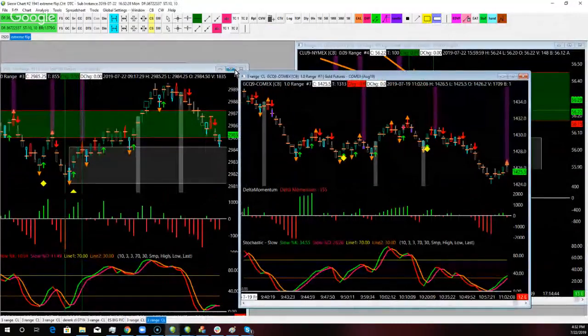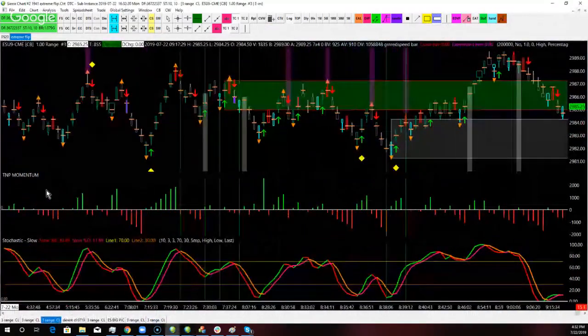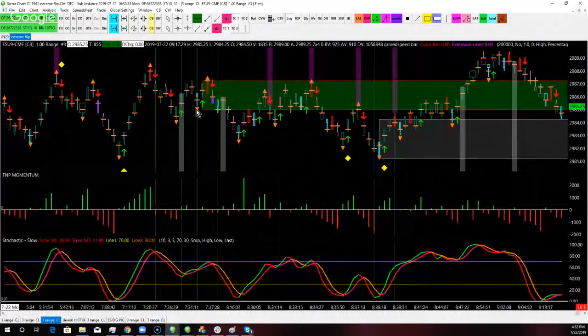Yes, there we go. I already highlighted this earlier in the session. So this,